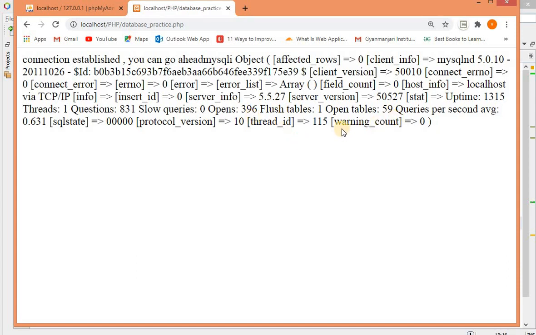For example, if there is any warning count, if there is any thread ID, protocol version is 10. Host info, over here you can see that this is my host info localhost. Insert ID is 0 because we haven't performed any query like that. Rows affected, if I have executed a query, then it will reflect how many rows are affected, but over here we have just connected to our database.